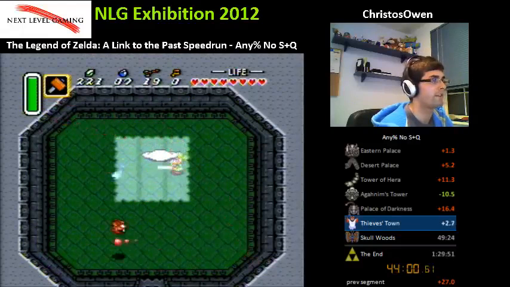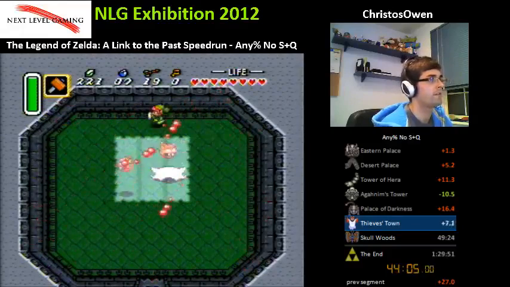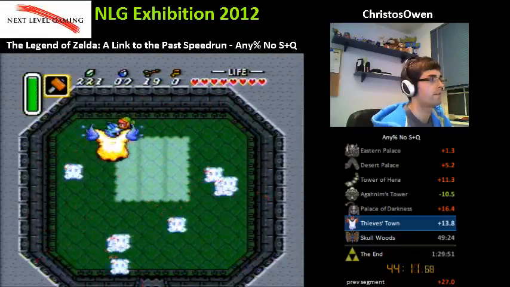Alright, let's see if I can get the Cypher strat, or something close to it at least. Yeah, there is a sort of strat for this boss, but it's a little hard to pull off when you're not practiced at it, anyway. Right. That went pretty